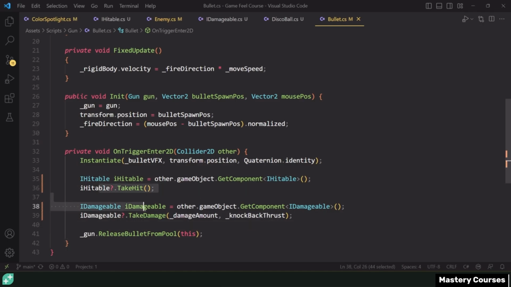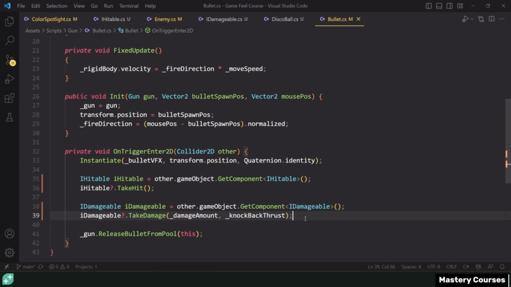Now, it doesn't actually look like we refactored much. We really only got rid of 2 lines. Now, this is a bit more of a game feel course, so we're not going to be implementing 24 enemies or anything like that. But I hope you can actually pause, take a moment, and see the power in what